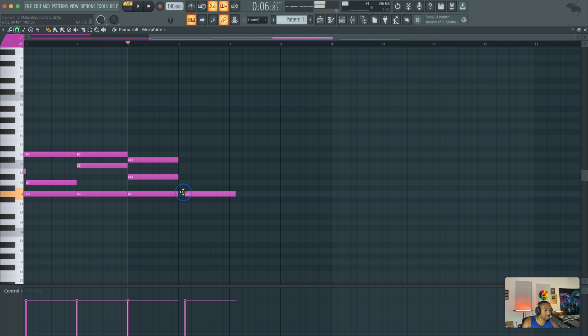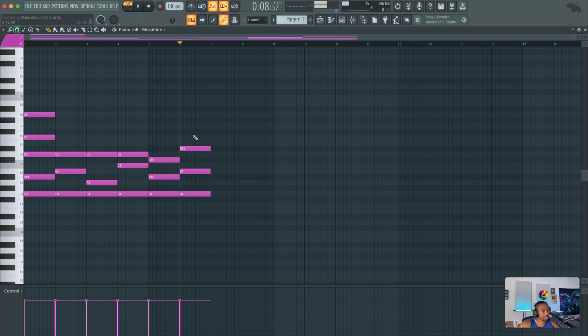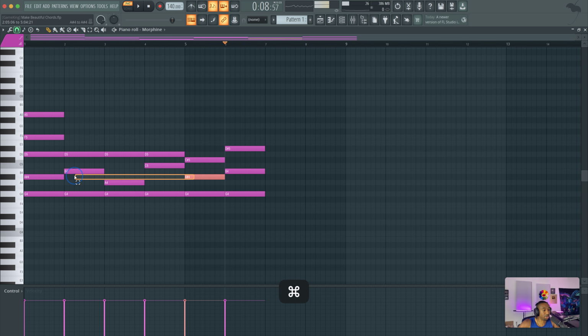We also have something called 0, 4, 8, which is the augmented chord. So 0, 1, 2, 3, 4, 5, 6, 7, 8. That creates an augmented chord. Great for passing chords and different things like that. So you have the minor triad, the major triad, the suspended second, the suspended fourth chord, the diminished chord, the augmented chord. The main difference between these is simply where we're placing that middle note.